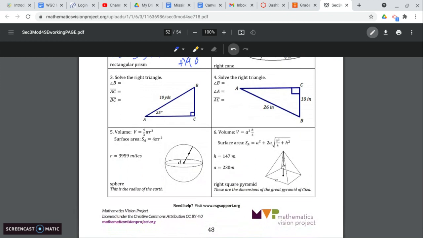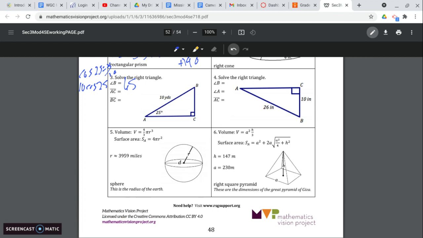So solving the right triangle, this goes back to trig ratios. So angle B, if we take 90 minus 25, we get 65. For finding AC, that'd be adjacent over hypotenuse. So we'll have cosine of 25 equals x over 10. So 10 cosine 25. If we plug that into a calculator,